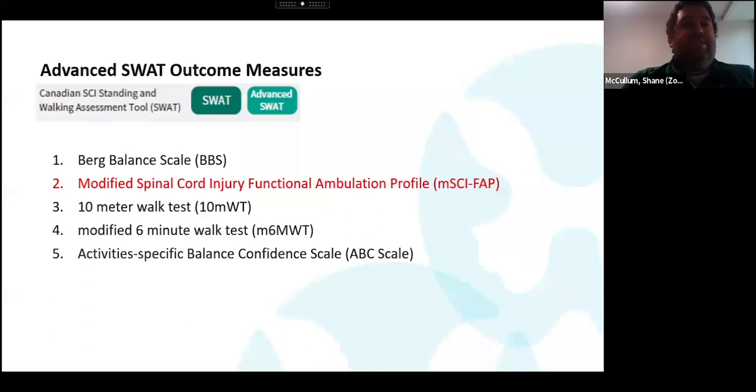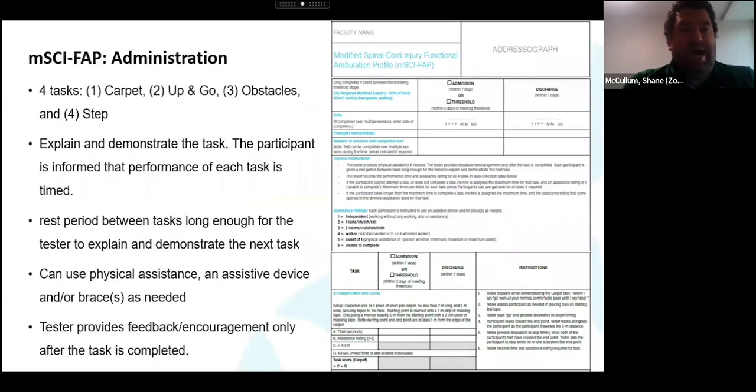So looking at the advanced SWAT outcome measures, this is where the modified SCI-FAP, the spinal cord injury functional ambulation profile, takes the place of the modified TUG, because the TUG is part of the SCI-FAP. The SCI-FAP has 4 tasks that are completed: walking on carpet, stand up and go, with obstacles, and using a step. So you want to explain and demonstrate the task, and then inform the participant that each task